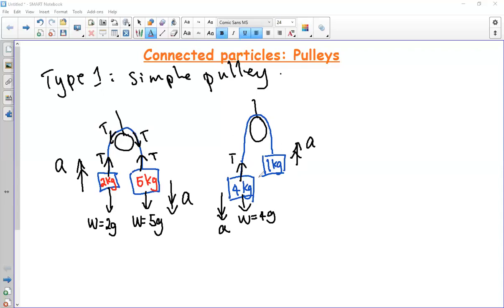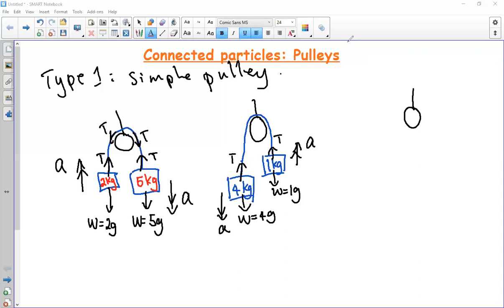So over here, the 1 kilogram box, again, we have weight, which is 1g. And because it's attached by the same piece of string, the tension will also be T. Okay, so they are all the forces acting on both the boxes. So in summary, if I just draw a generic diagram